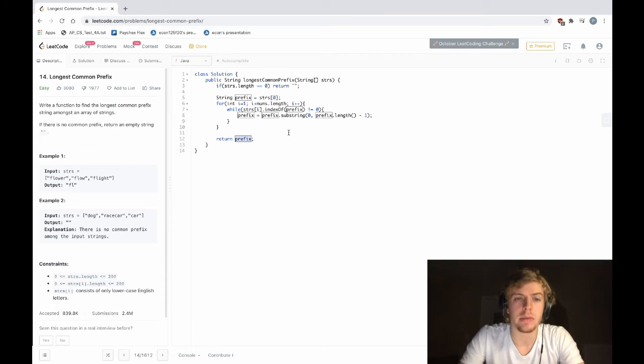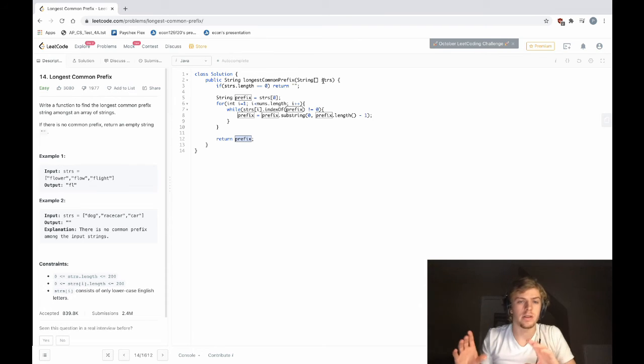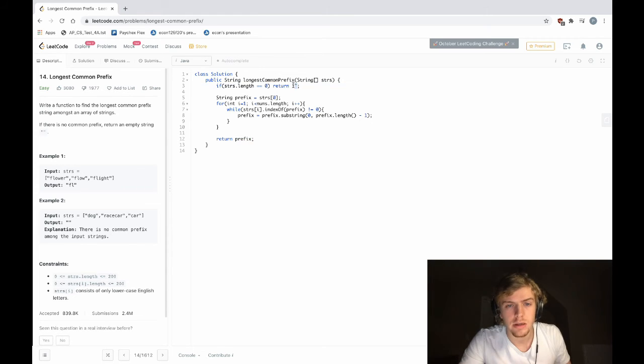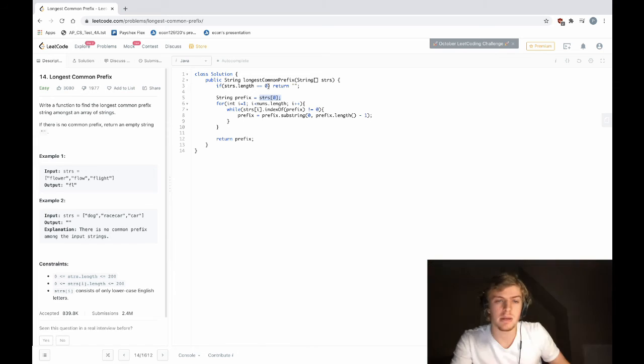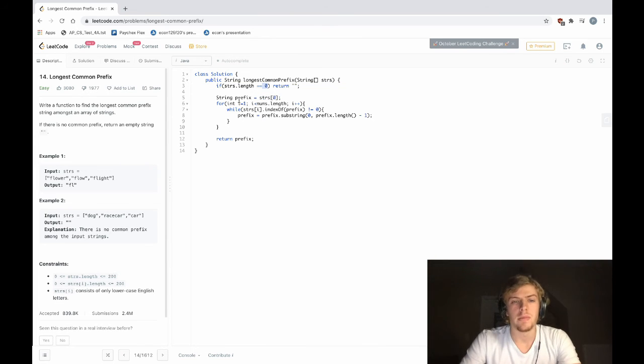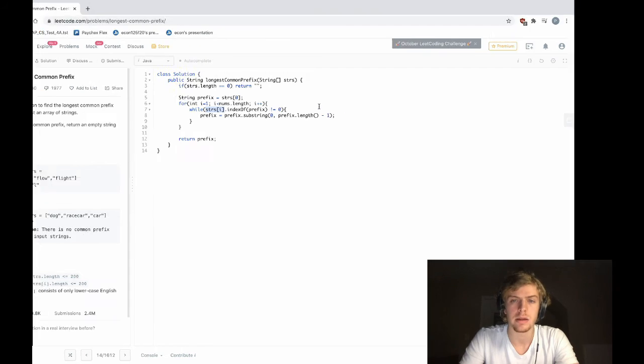So let's make sure that we have this correct. Given this array of strings, we're going to first check that it is not empty, because if it is empty, we're just going to return an empty string. Then we're going to find that prefix, and we're going to say it's the first one. We know it exists because we checked that it exists. Then we're going to loop through the rest of nums, and we're going to say if the string at i, meaning the strings following what we're currently at, if the index of that prefix is not equal to 0, meaning if it's not the beginning,